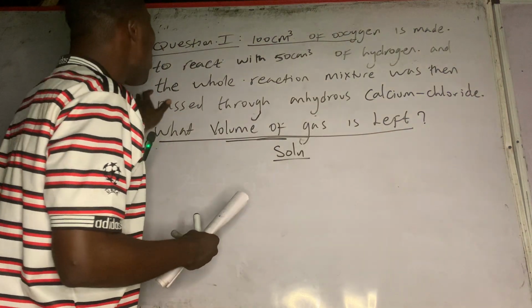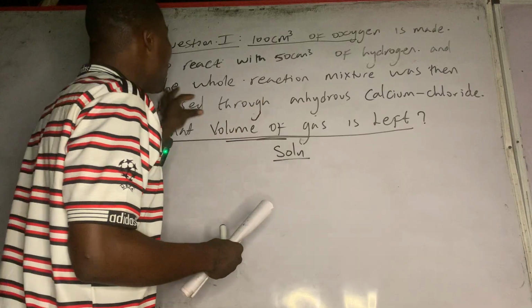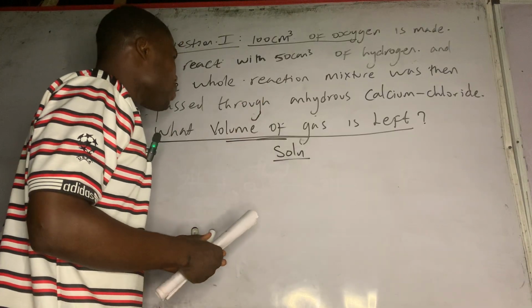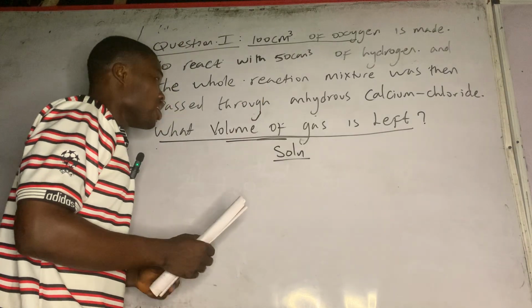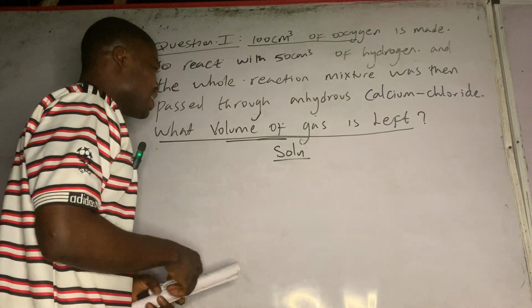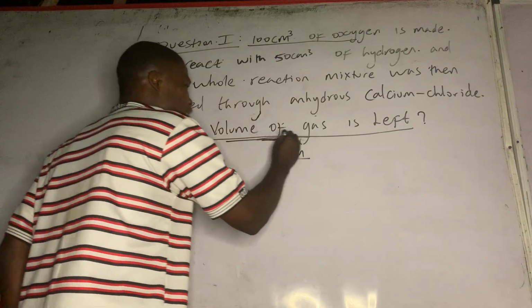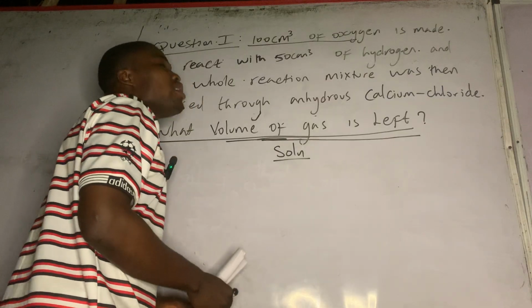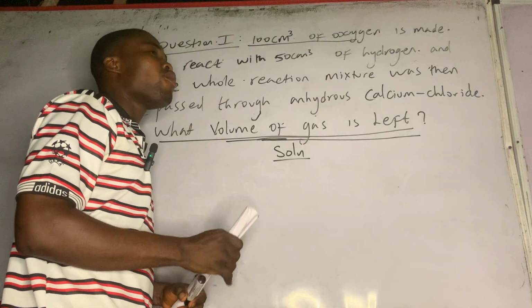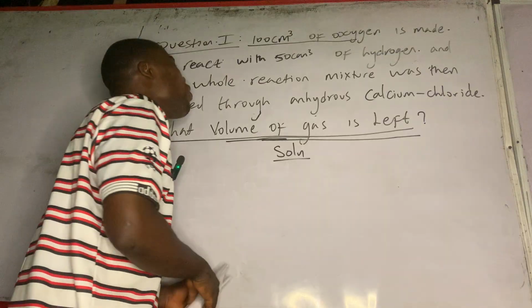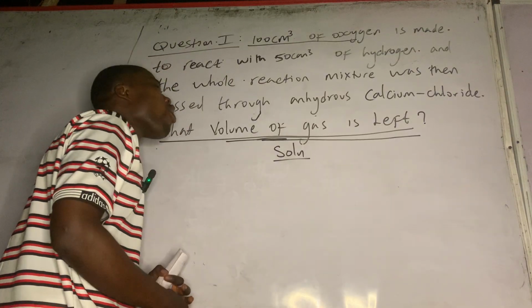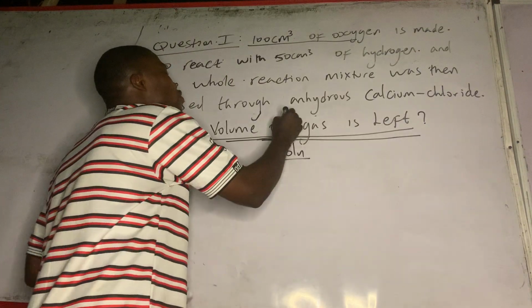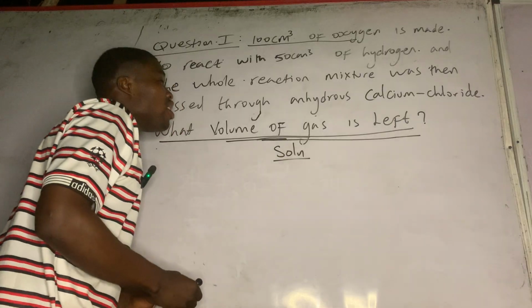The whole reaction mixture was then passed through anhydrous calcium chloride. Calcium chloride is a desiccant, it's going to dry something. And what is the volume of gas left? This confirms that the question is on Gay-Lussac's law. So when you are asked a question and you see what is the volume of gas left, especially those of us at UTME and post-UTME level, or what is the total volume of residual gases,